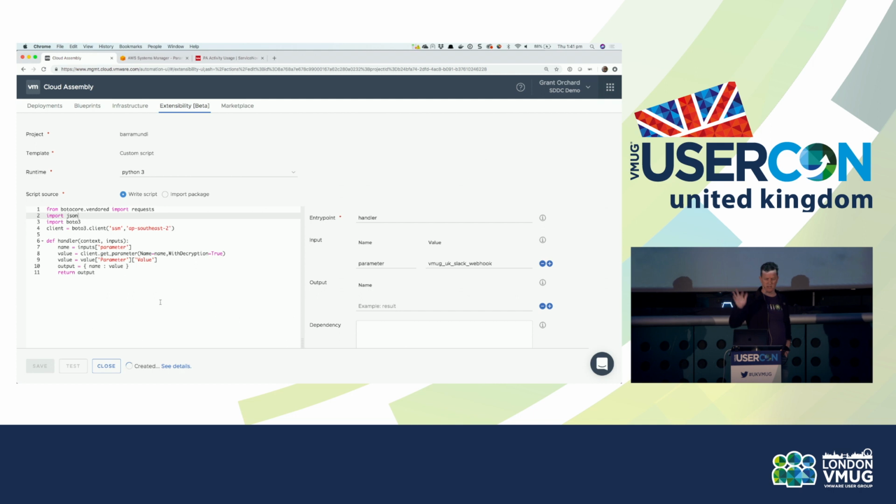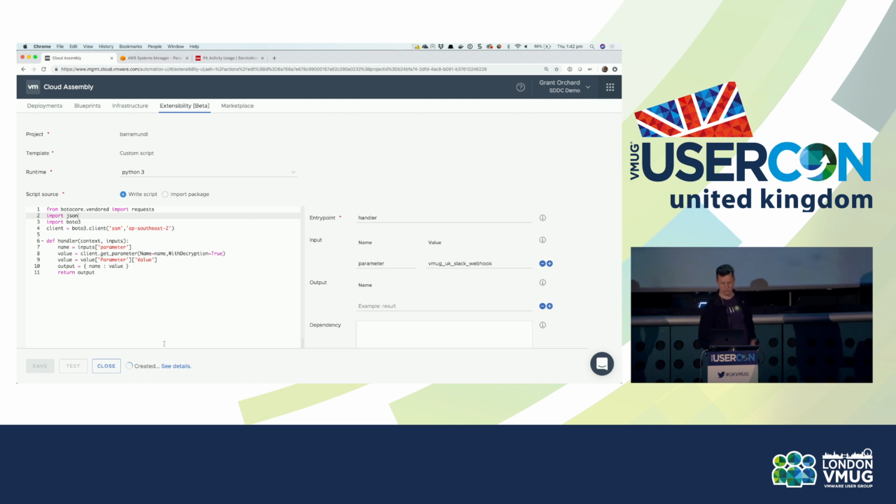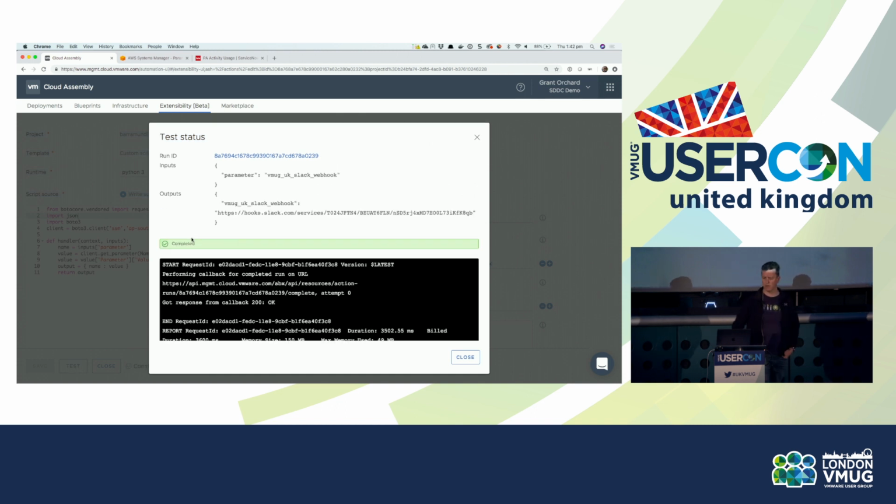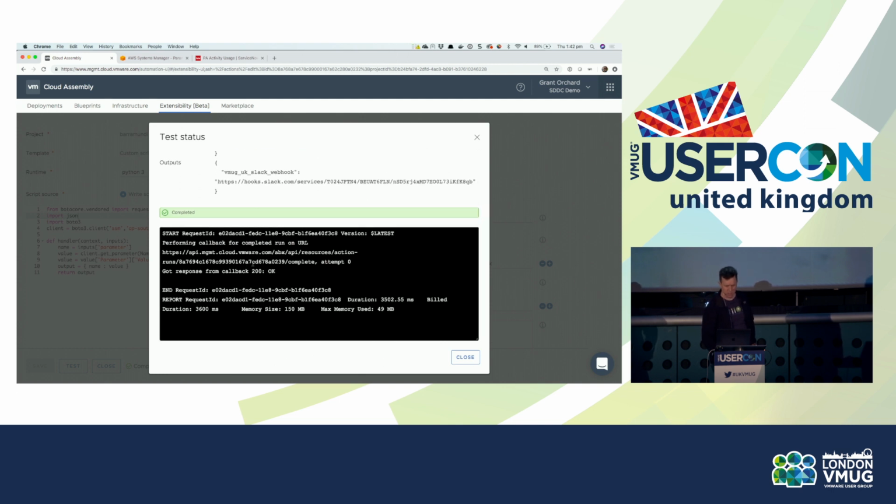So I'll just do a really quick and dirty test of this. There's been some intermittent connectivity issues, so we're going to hold on here and hope for the best. So you can see our input parameter. It looks like it's running. There we go. All right, so we're happy. And I didn't print it, but you can see the outputs here, right? So you've got the key, which is VMUG UK Slack webhook, and then the value,